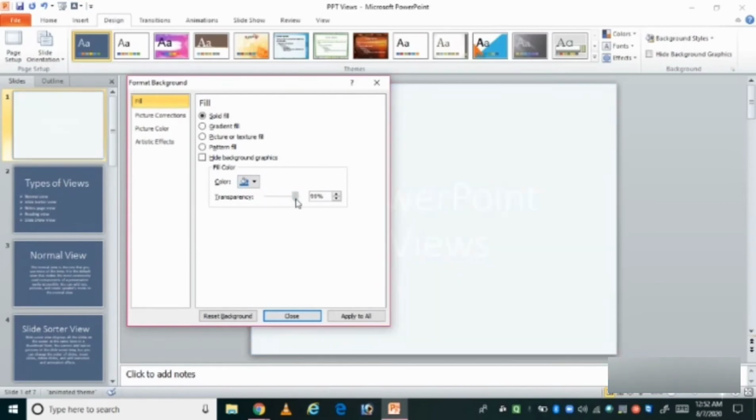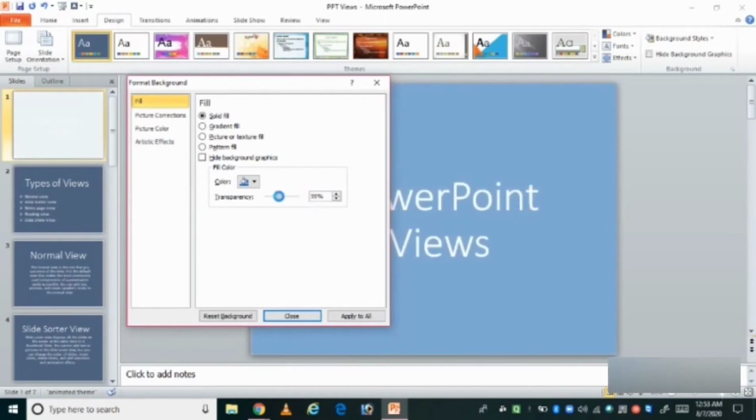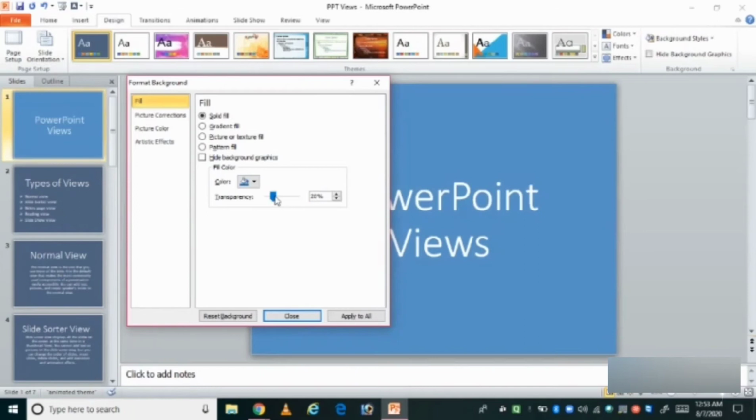If I put the transparency to 100%, you cannot see the text. So you should always maintain a contrast between the background color and the text color. So I'm setting the transparency level to 20%.